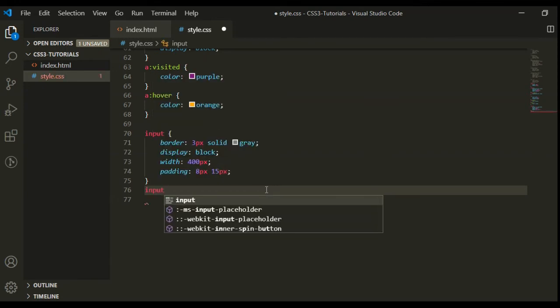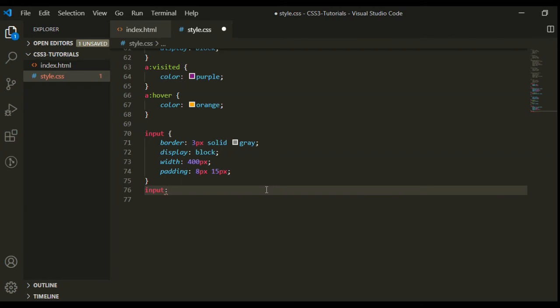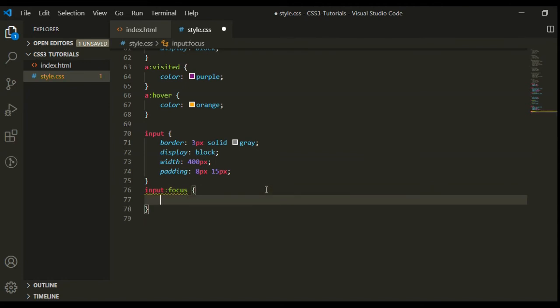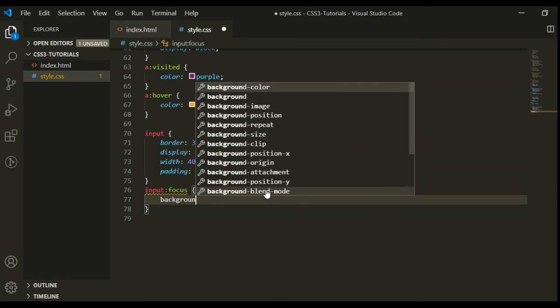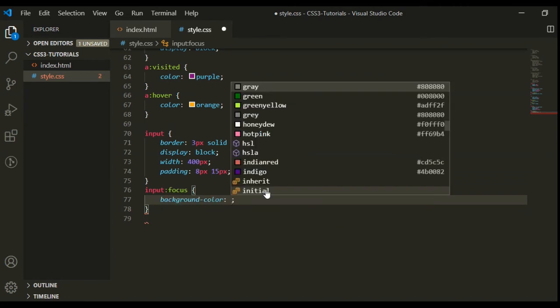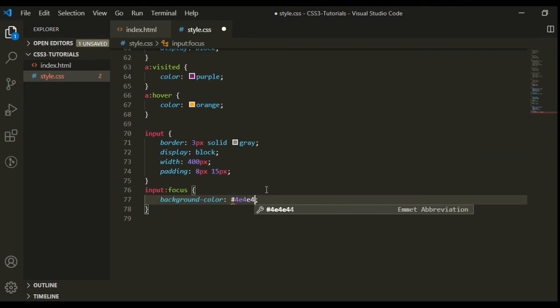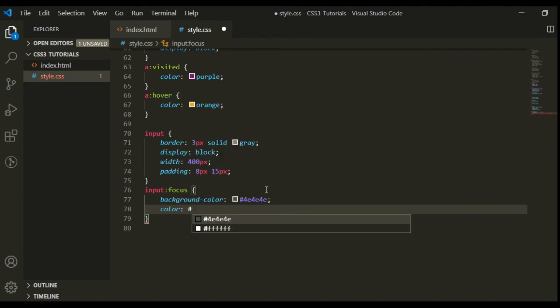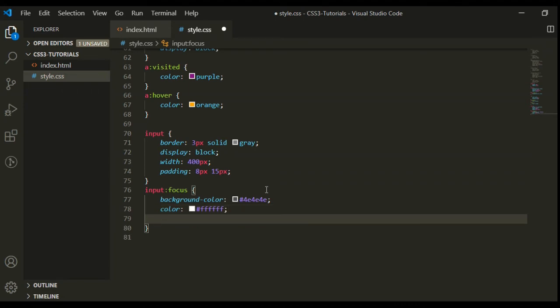First input selector, then colon, then special state name, it's focus. In focus, what we want to change, like background color. Now I want the background color, give some color code here, and the font color should be white, and make the outline none.